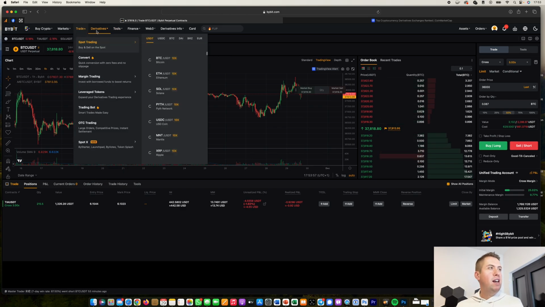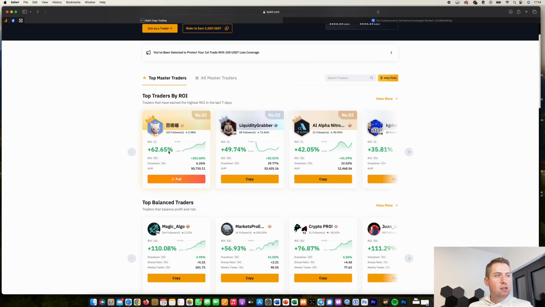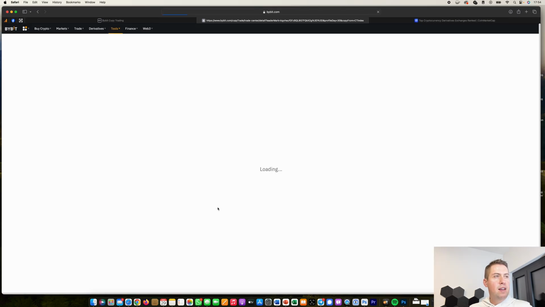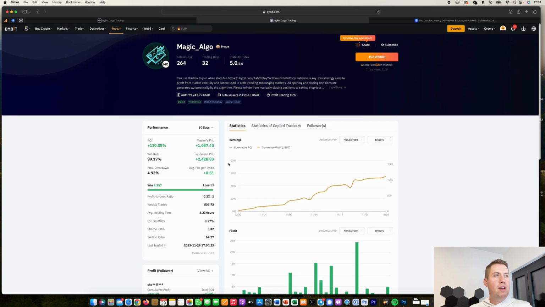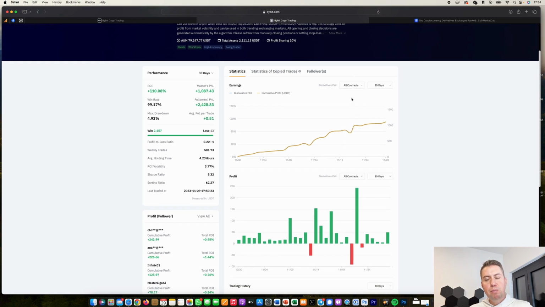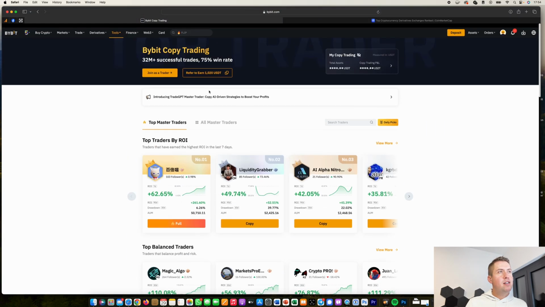Then we can have a look. They have a couple of tools here that you can use. You can use copy trading. You can see successful traders here, and you can click on them and see how they did. And then you can copy them. This one is full. However, once a spot gets available, you can copy them, and that means their trades will be automatically copied into your account. You just have to select how much money you want to use to copy that trader. And that's it in terms of copy trading.